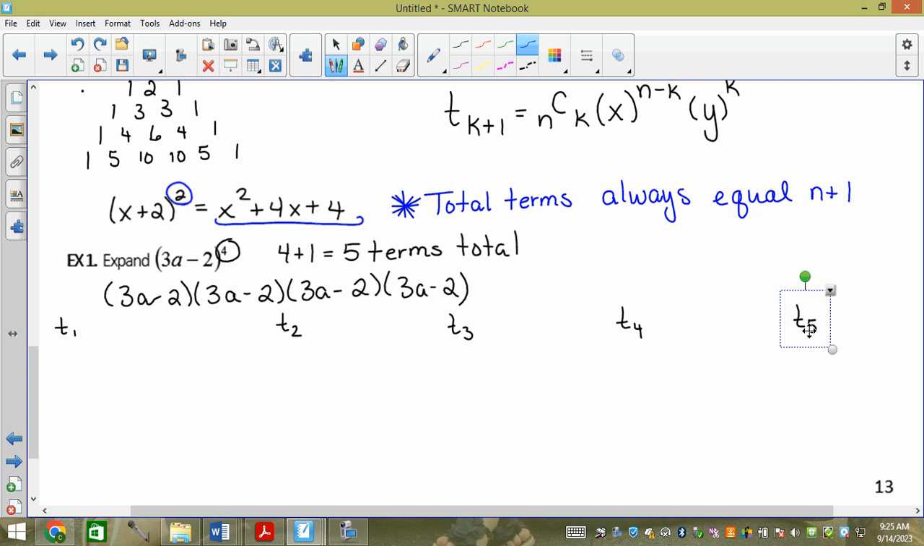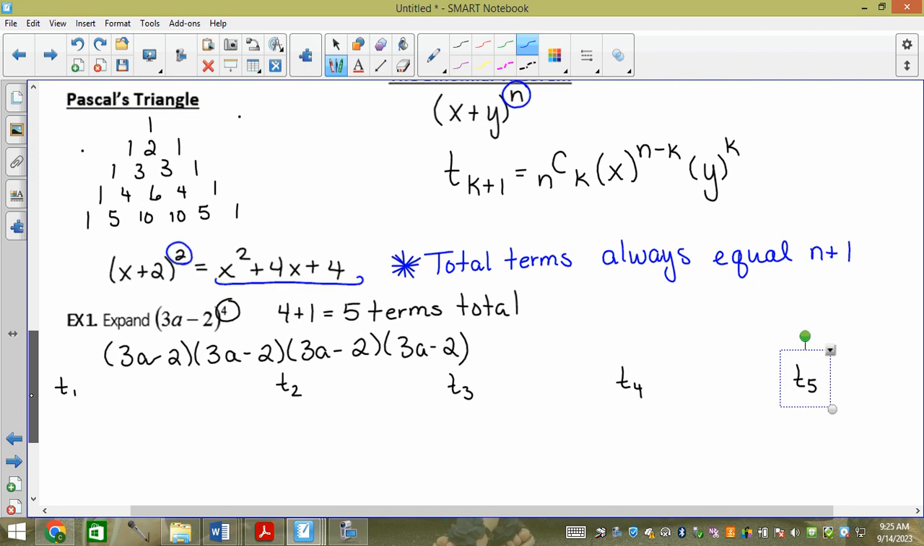Now, I need to first get x, y, and n. Those will always stay the same no matter what. The only thing that changes per term is k. Why do x and y and n stay the same? Because I have to use this. X plus y to the n. Cool. X plus... What's the problem? There's no plus sign. So how can I fix that? Well, I can go